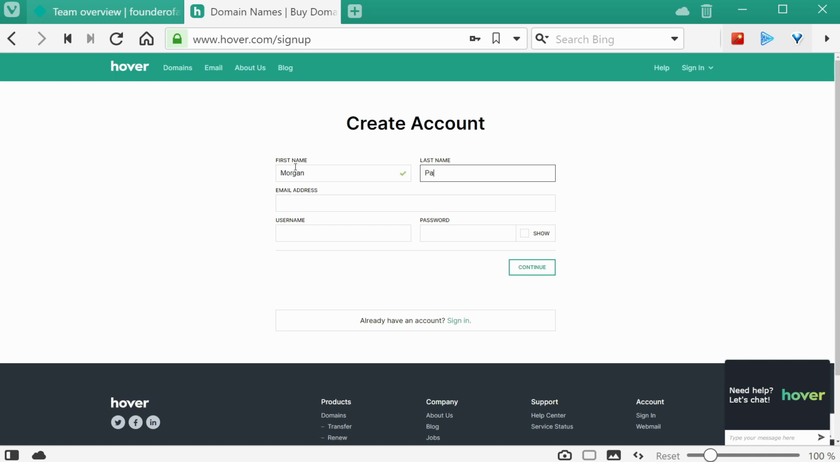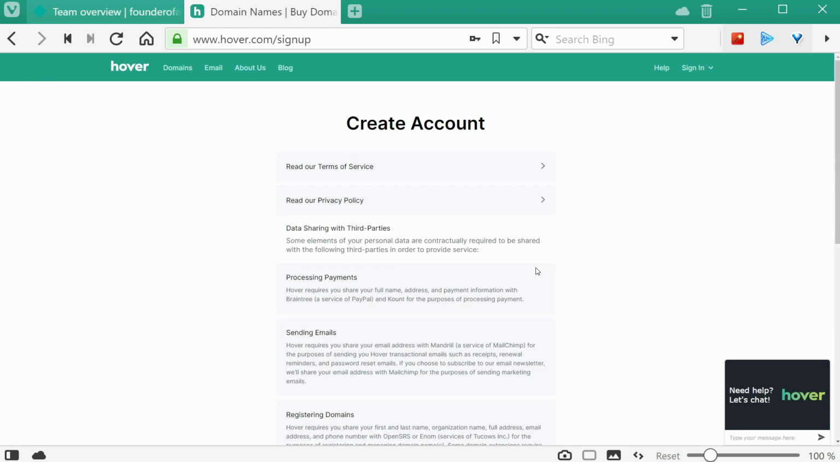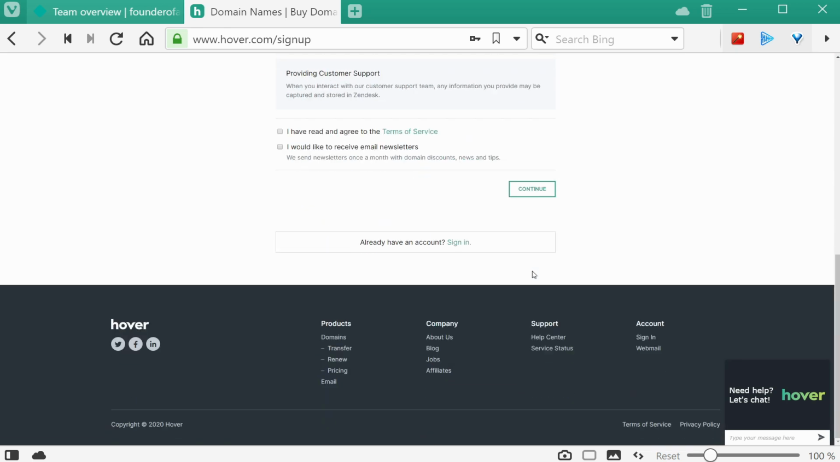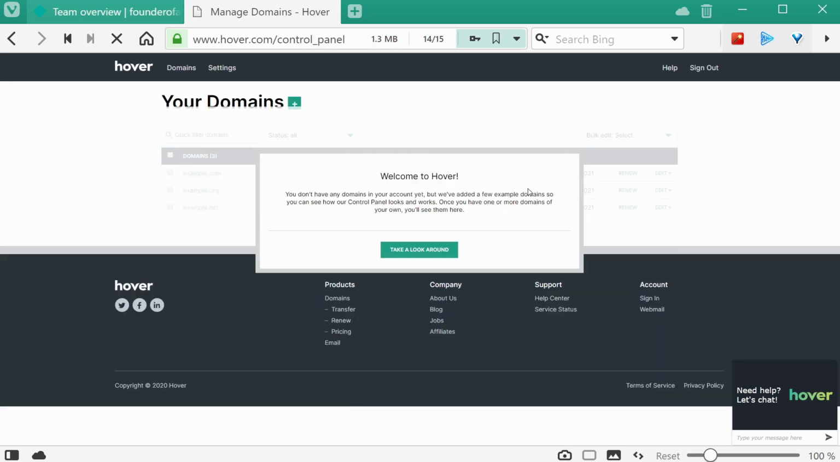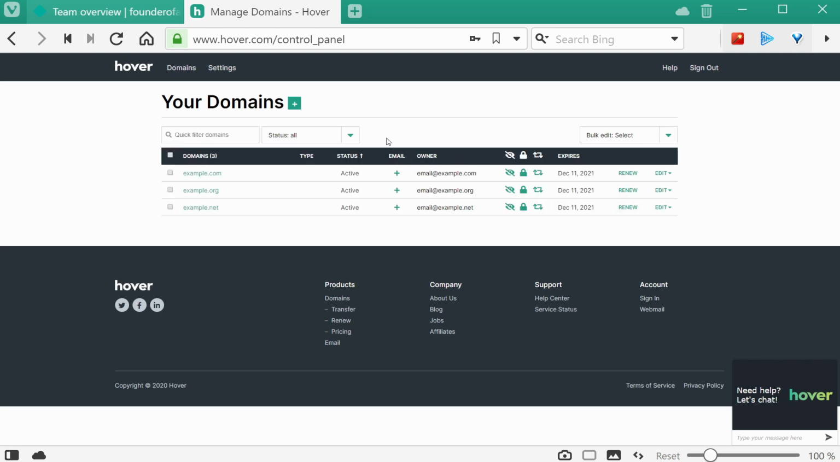So we just need to put in our details: first name, last name, email address, choose a username and a password you'll remember. Then click continue. Then we just need to agree to the terms of service. So you'll eventually find yourself at the main Hover.com control panel, and you want to click on the plus button